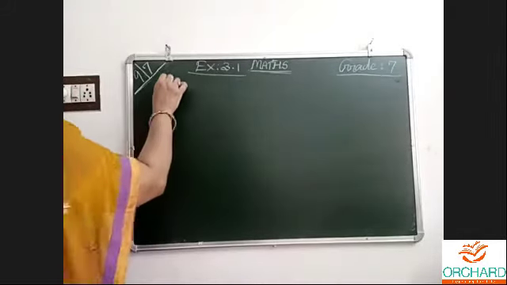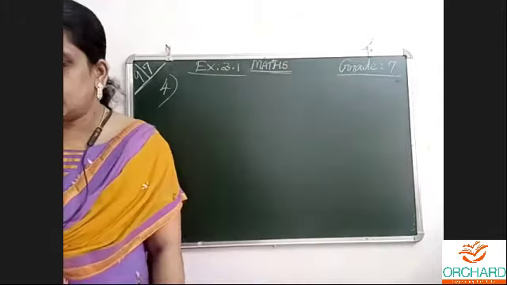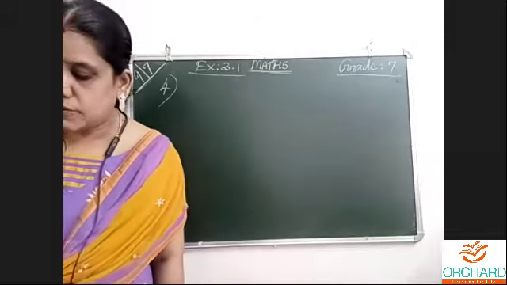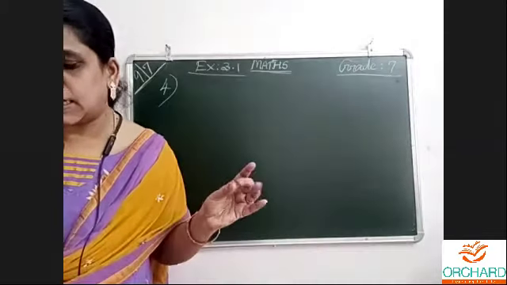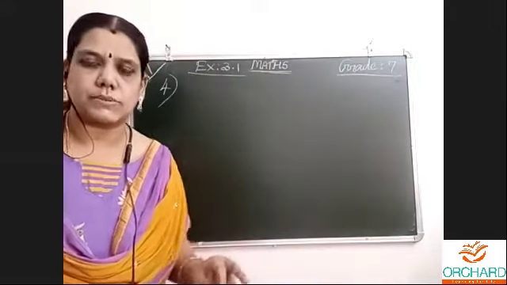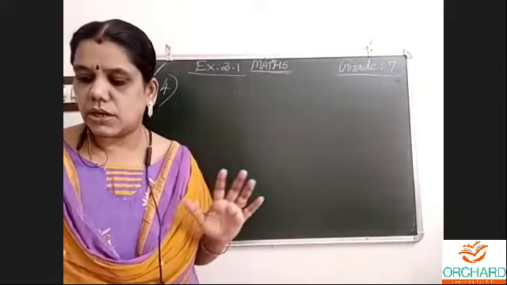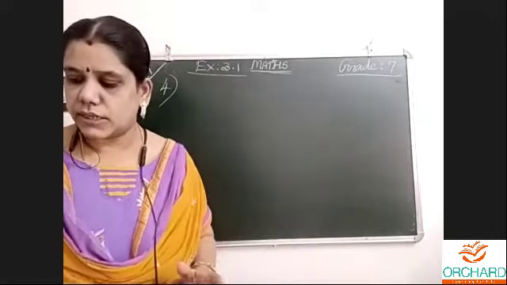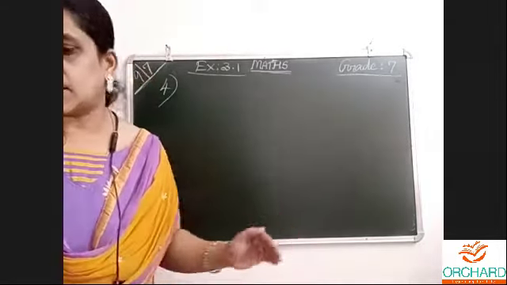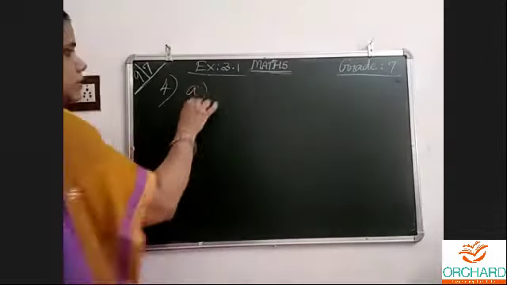Page number 47. Write in vertical form, then multiply the following expressions. A, B, C, D, E, F. Plenty of sums are there in our textbook, similar to the 6th standard. In 7th, we have lots and lots of problems, A to F continuously. So half of the sums I will do, half of the sums homework. A, E and F, I will do.